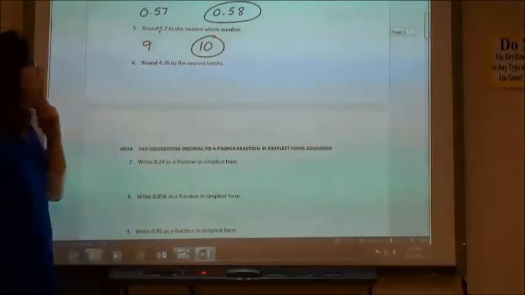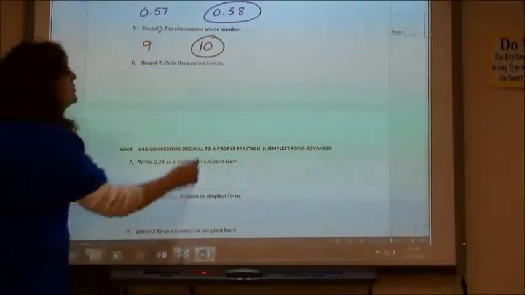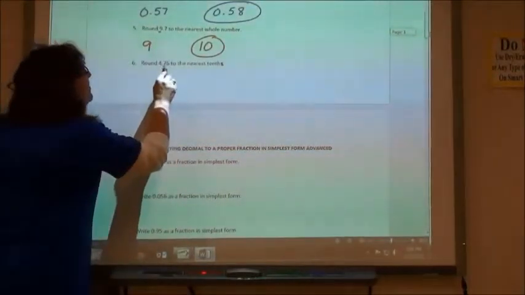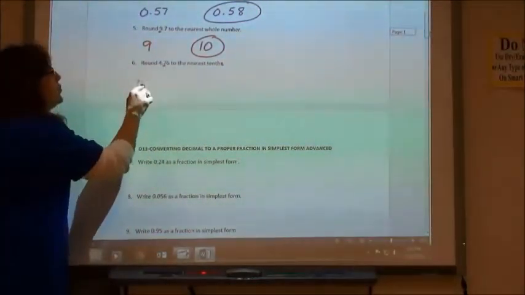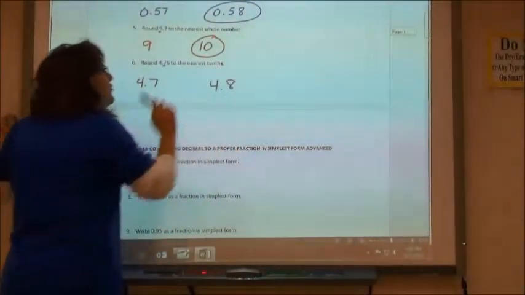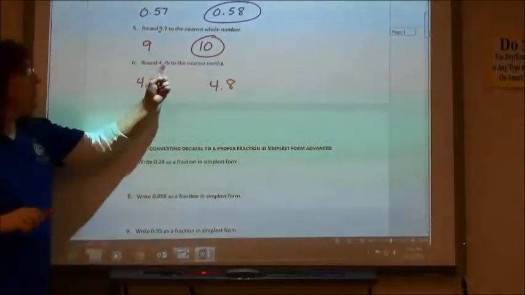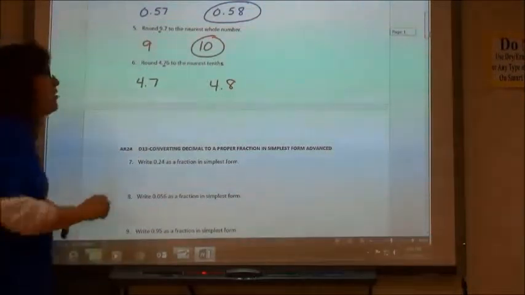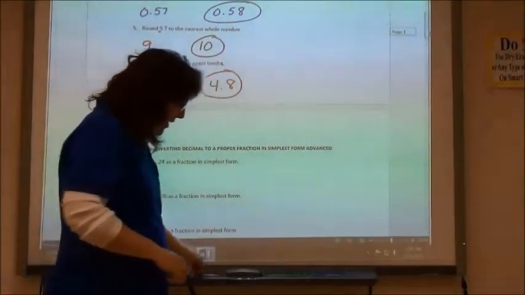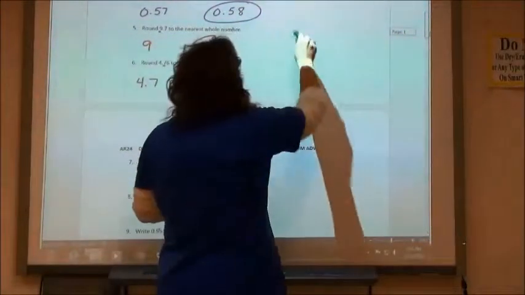The next one, round to the nearest tenth. Shouldn't have that S on the end. Round to the nearest tenth. 7 is in the tenth spot. So do I leave it 4.7 or should I round it up by 1 and use 4.8? I look, 6 again is 5 or higher. I have to round it up to 4.8. They didn't give me any, I wouldn't have to round, but if I had